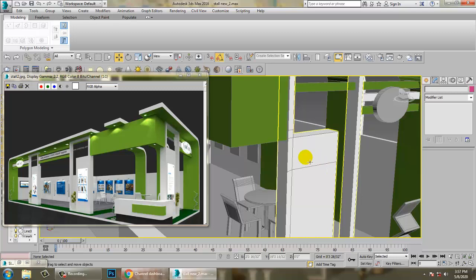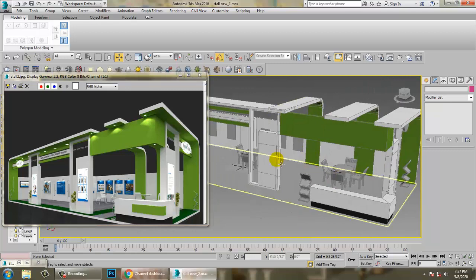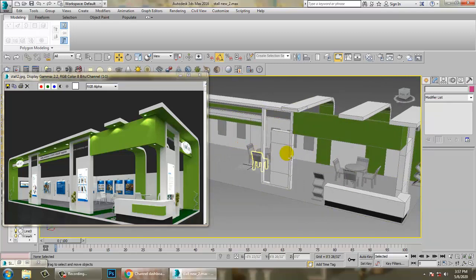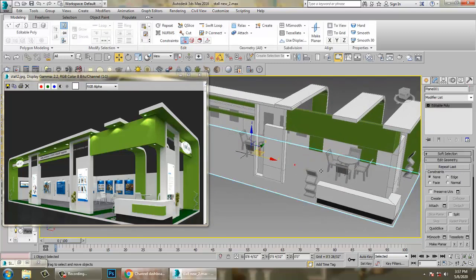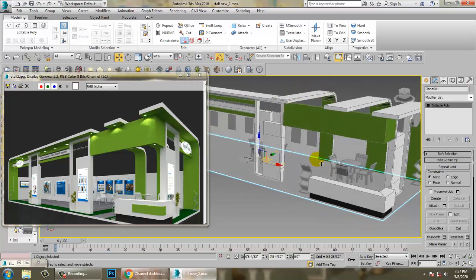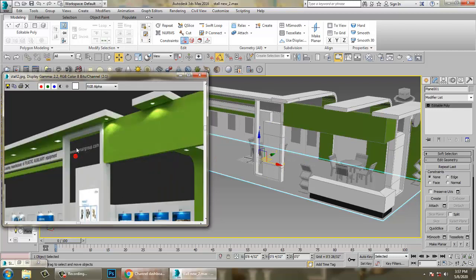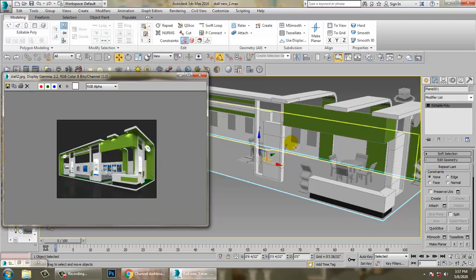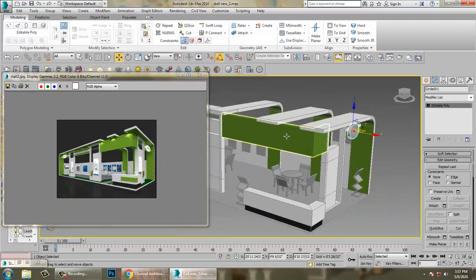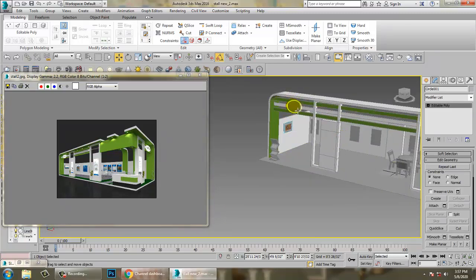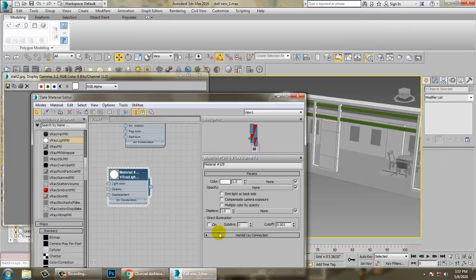So once you're done with this, we can assign some texture over here also for the floor or something. If you want to assign a texture, you can easily assign it. So first we will just give a light material for this also, and